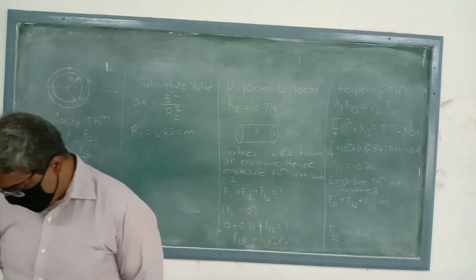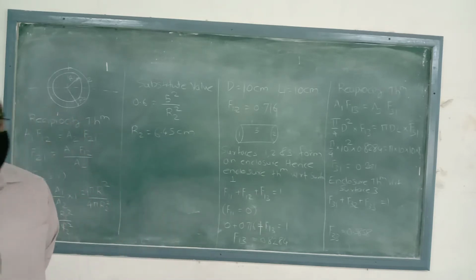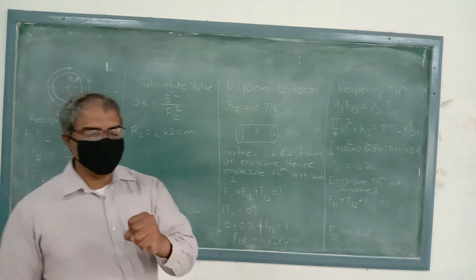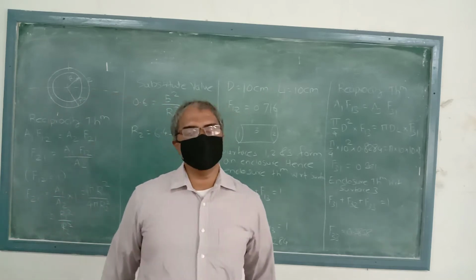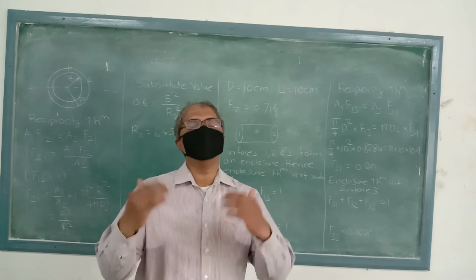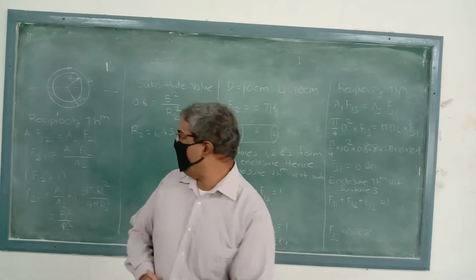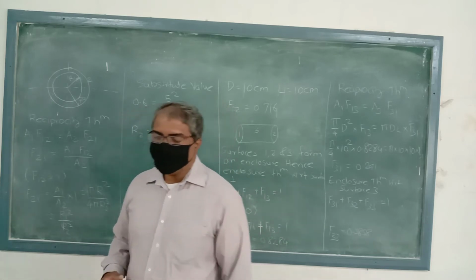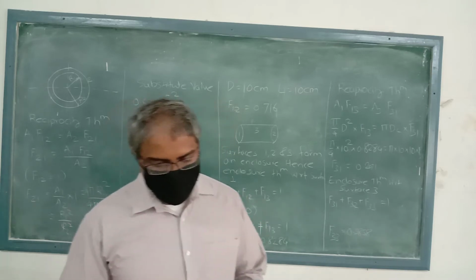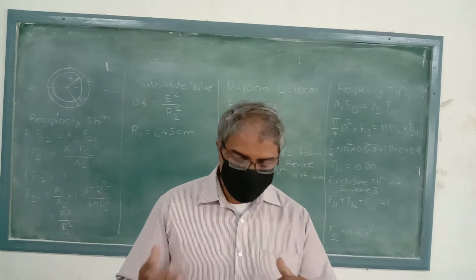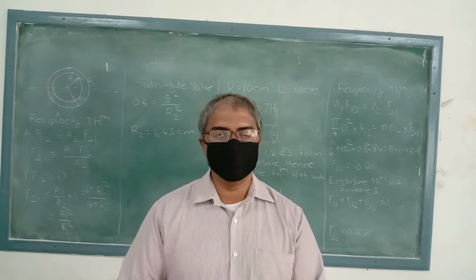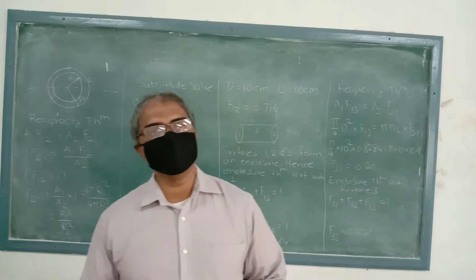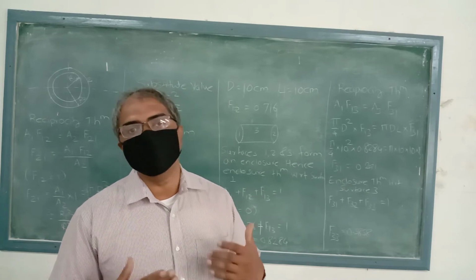Now see, in this numerical they are asking you to find out the radius of the outer sphere, and they are mentioning two spheres. One sphere is the inside sphere and another sphere is the outside sphere. So these are concentric spheres. Now in this numerical they are giving us the shape factor of the outer sphere with respect to the inner sphere, and they are asking you to find out the radius.